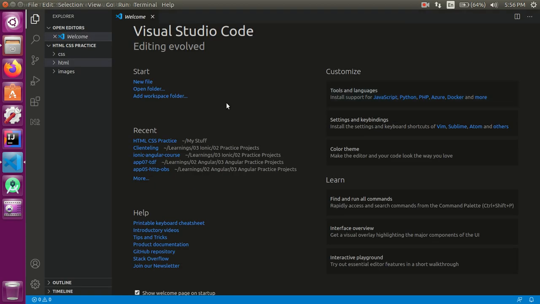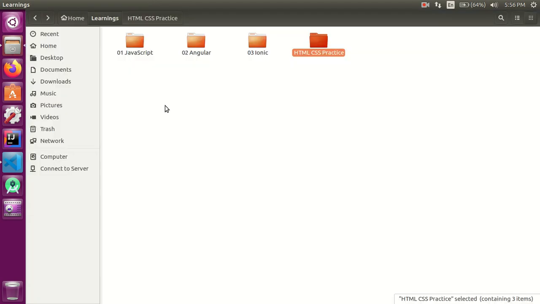So guys, I wanted to show you Visual Studio Code. It's a new editor by Microsoft, and the reason I'm using this editor is that many JavaScript developers and Ionic developers have recommended using Visual Studio Code. So I thought of giving it a try from the very first practice so that I can get hands-on experience with it. Let's first see my HTML file, and let me also show you my folder structure.